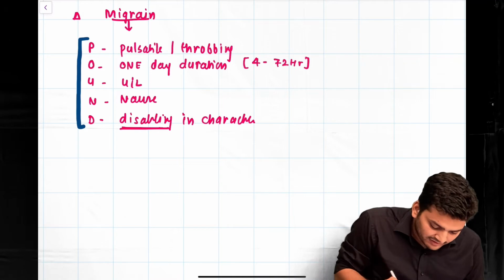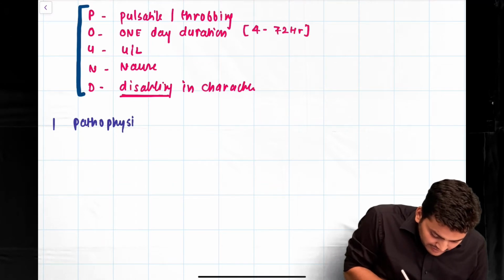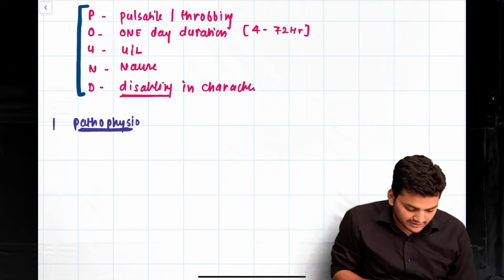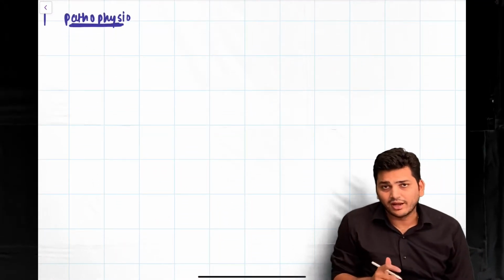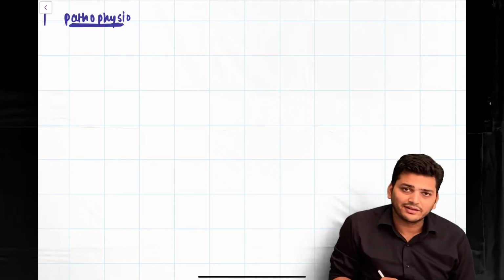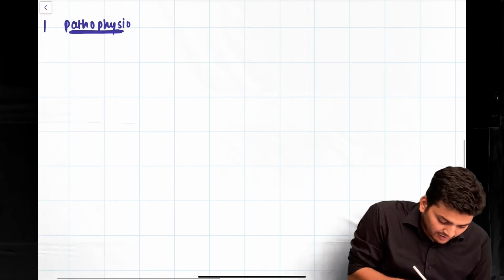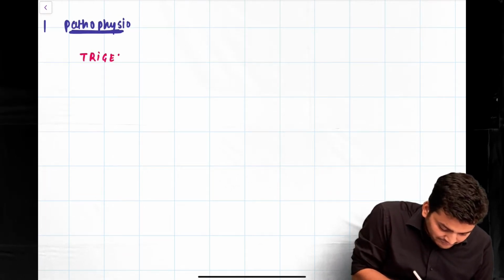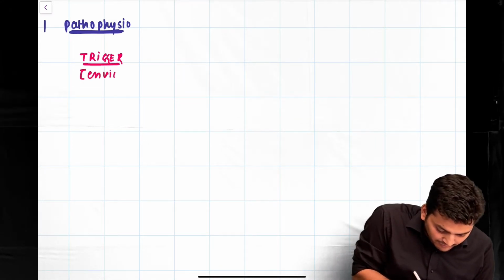Now what they are asking is what is the mechanism behind migraine, or what is the pathophysiology. Now when it comes to pathophysiology, there are several theories such as the vascular theory, and the other one which has recently come, and that is satisfying and explains most of the things that occur in migraine. Now what this theory says is, there can be several triggering agents, that can be in the form of environment,